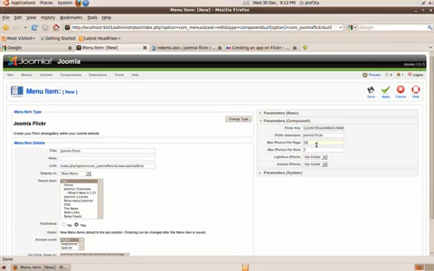You can select how many pictures you want to see in every page. You can select the maximum number of pictures per row, and you can select if you want to enable or disable the lightbox and instant effects. In this case, we want to show both effects. So we just save,